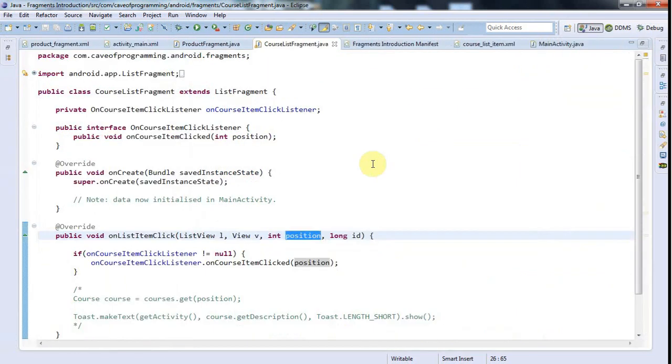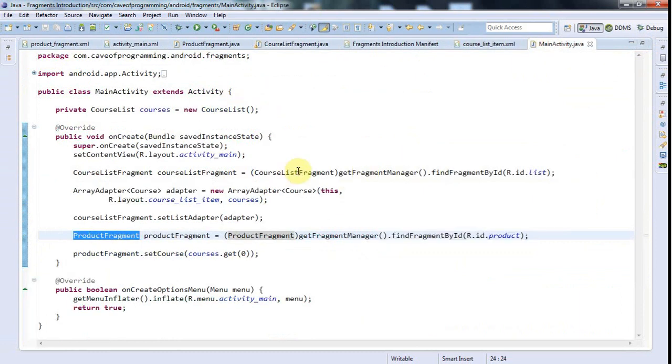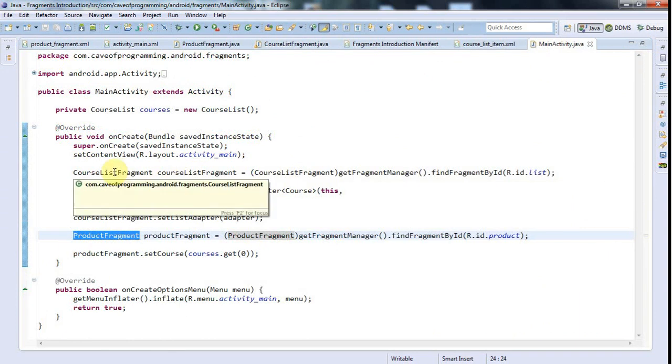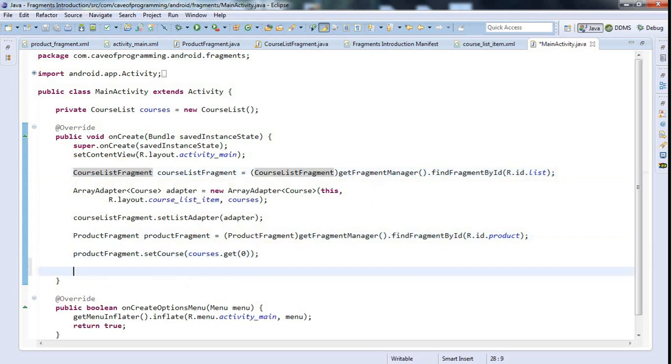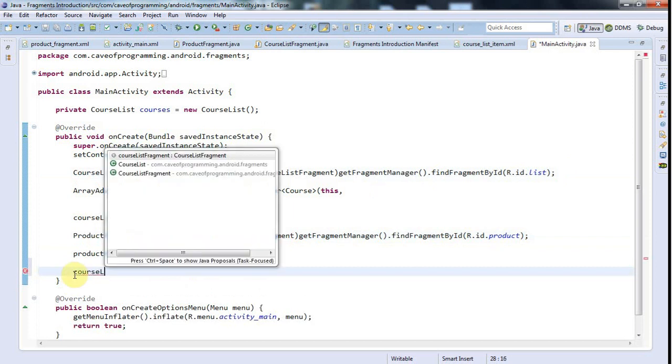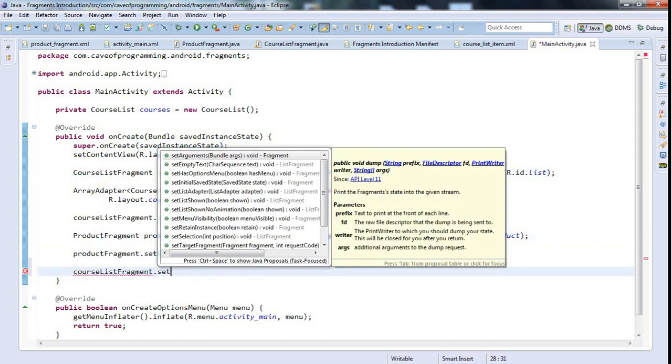Now the other bit here, this bit you probably will be familiar with because you will have done it before when you were listening to buttons and that kind of thing. In the main activity now, I've got a reference to my course list fragment here, and I'm going to add a listener to that. In fact, let's do it way down here, because at this point I've got references to both fragments available, and I'm going to say courseListFragment.setOn,